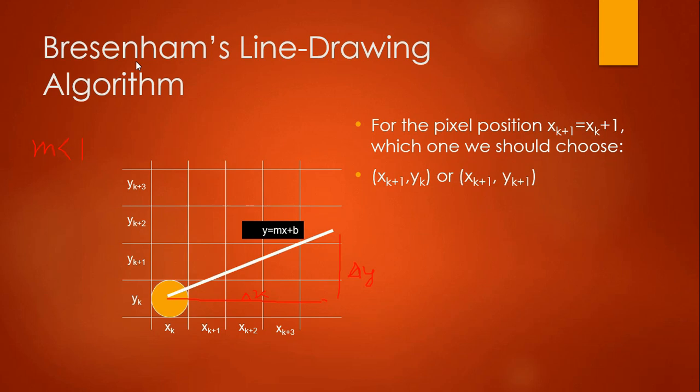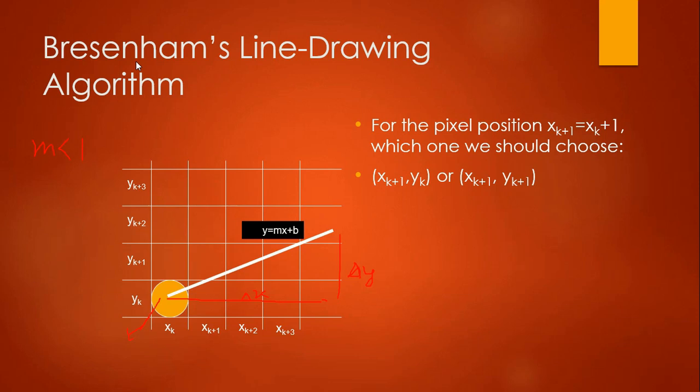So in that case, we are going to see how you can select the pixel position. It is a scan conversion process, which means the vector form is being converted to the raster form. So now we want to plot the pixels on the screen. Let us see how it happens. Starting from the left end point, that is x0 and y0 of the given line,